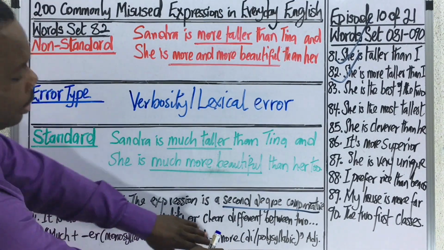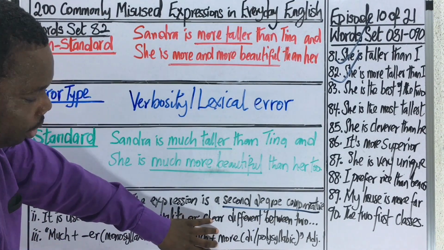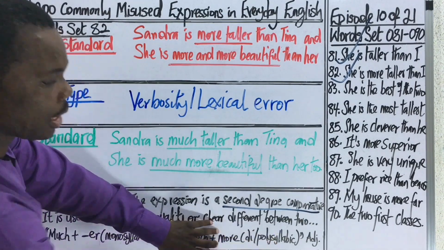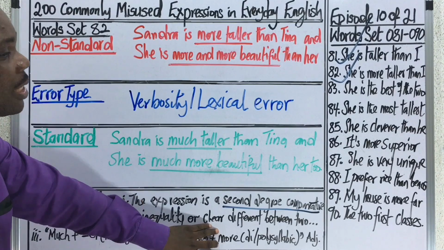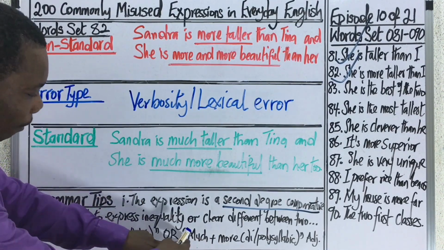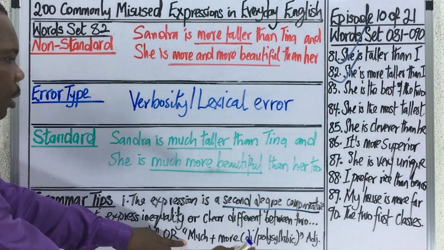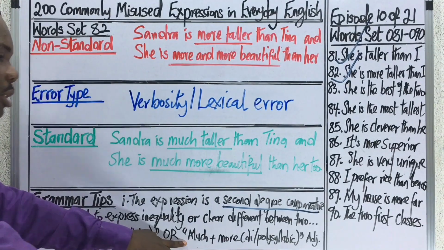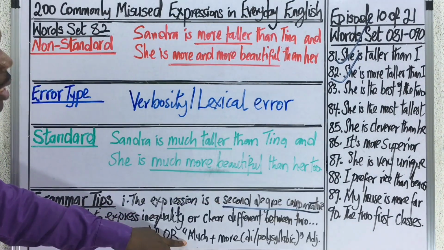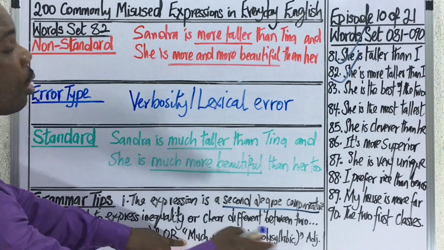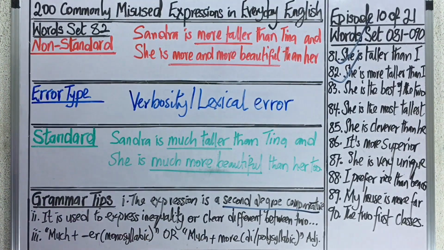So the comparative level of the word is going to be "more difficult." And if you want to express a clear difference in your comparative description, then you attach "much" to it and say, this work is not just more difficult than that, but it is much more difficult than that. So that is how we can use comparative or second degree comparative adjectives.